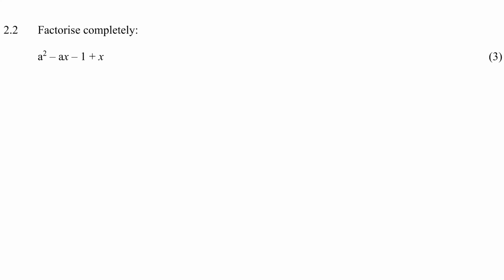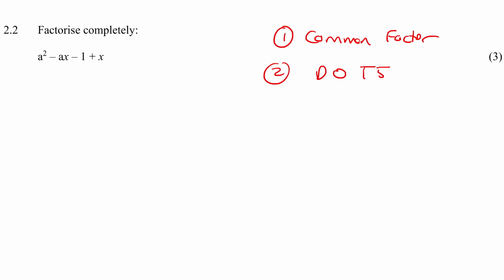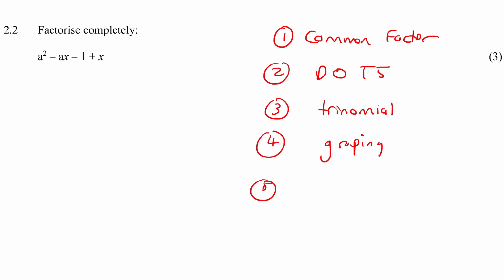This question wants us to factorize. So there are 5 kinds of factorizing. The first one I always look at is a common factor. Then I would look at difference of 2 squares. Then I would look at trinomial. Then I would look at grouping. Then I would look at difference of cubes. All right, so this one looks like it's going to be a grouping one, but also mixed with a